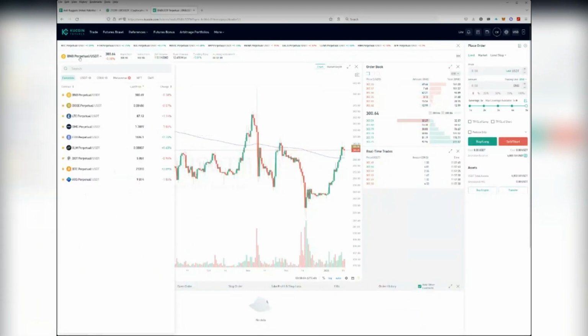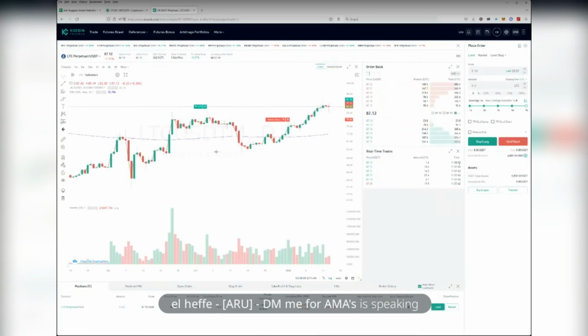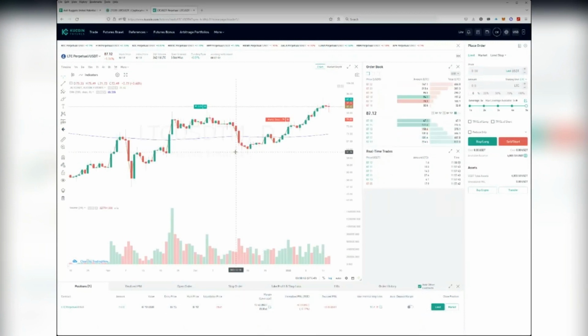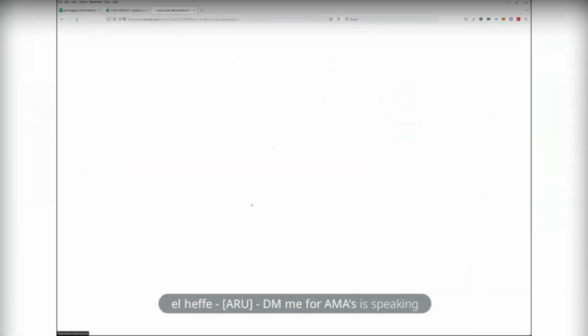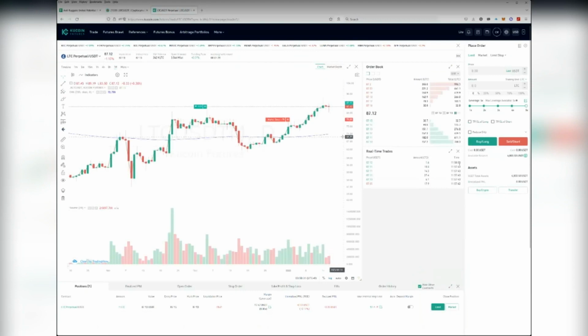Oh, now I didn't do BNB. There's LTC. Hello. Hey. Okay, don't worry about it. Anyway, can you make a dark theme, please? You can't do dark. I was trying to figure out. KuCoin did not have the whole dark mode thing. Because I'm in the dark.